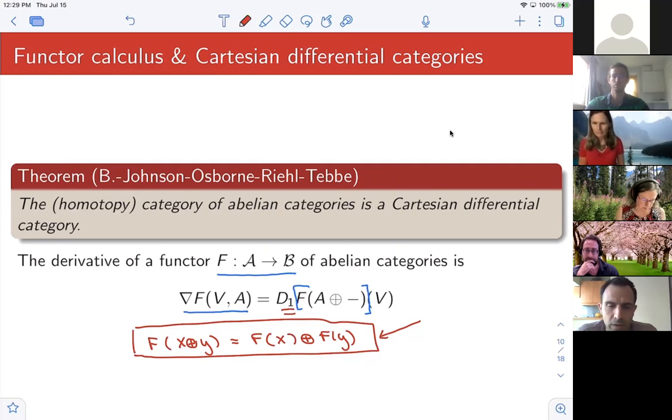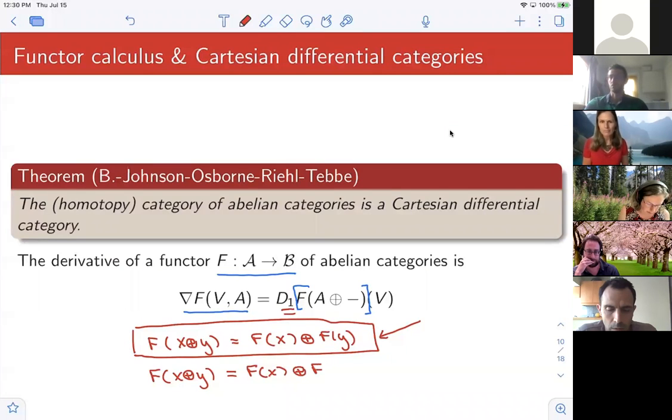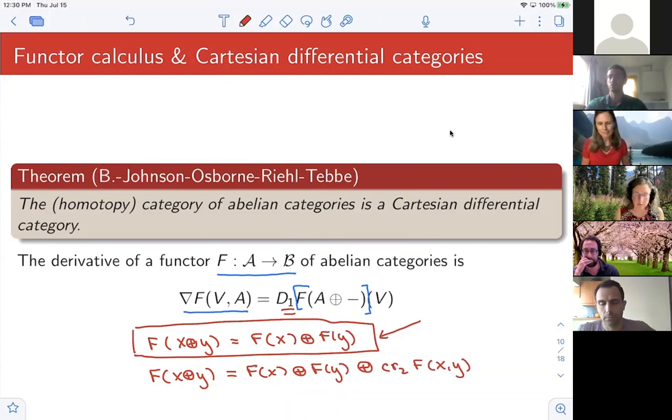Maybe exactness plays a role in taking homotopy, I don't know. Yeah, so in abelian functor calculus, not all functors, of course, are linear, but the exactness property comes in to tell you what the difference is between something being linear and not being linear. So a reduced functor has the property that f of x plus y is always equal to f of x plus f of y plus something left over, which we call the second cross effect. Now those cross effects are used to make the Taylor series in abelian functor calculus. So that's why I need it.